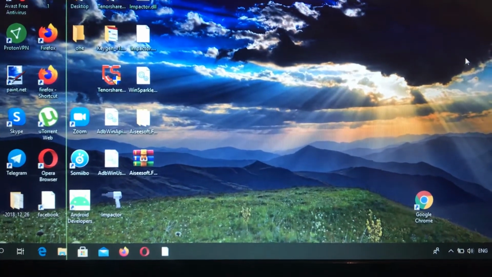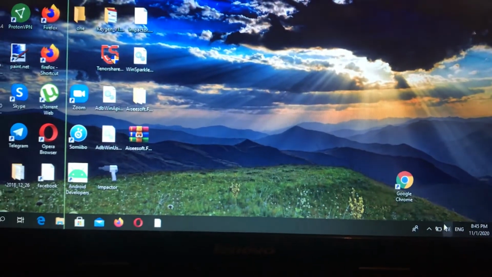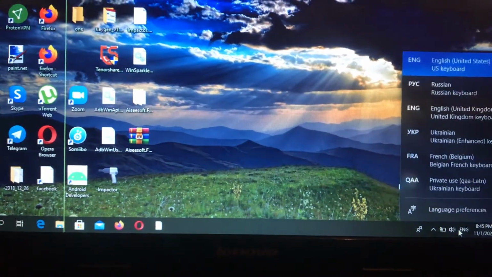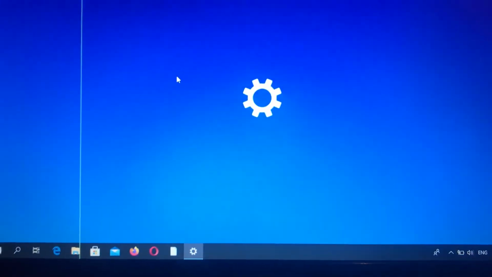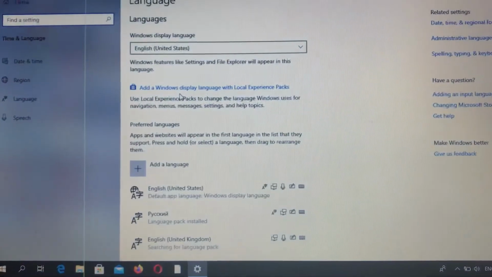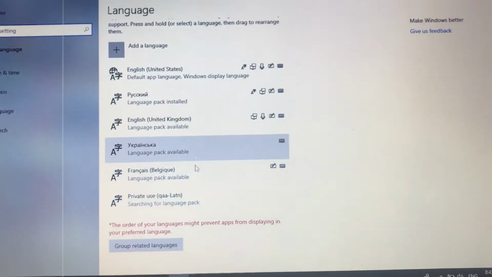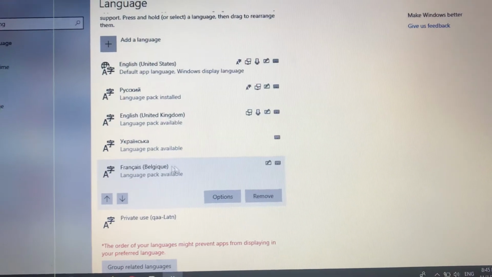So for doing this, you just need to go to this menu and find your keyboard languages. Tap on them, and here you need to choose language preferences and wait until it loads. Now choose from this list the language you want to delete, for example this one, French,